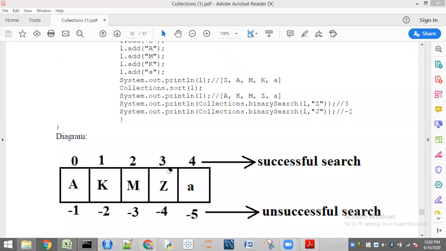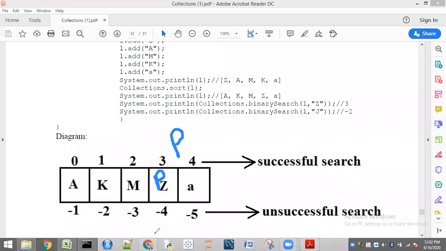Okay. So once again, I'm going to tell the example, same example. See here, whatever element I am going to search which is not present in this list, for example, I will take one more example, P. So where does P have to be present, if it is not already present in the list? According to our order, after M. That means it has to be present here before Z. That means P has to be present here.